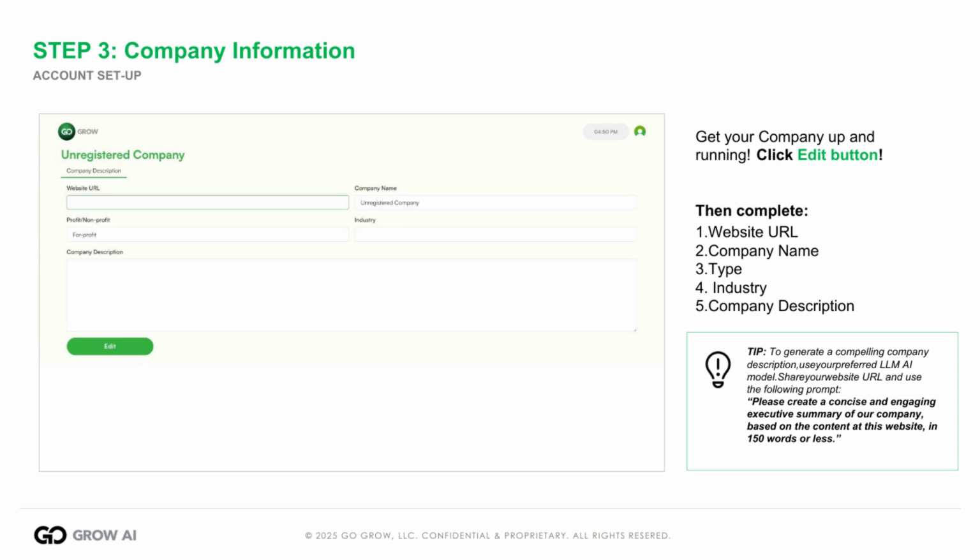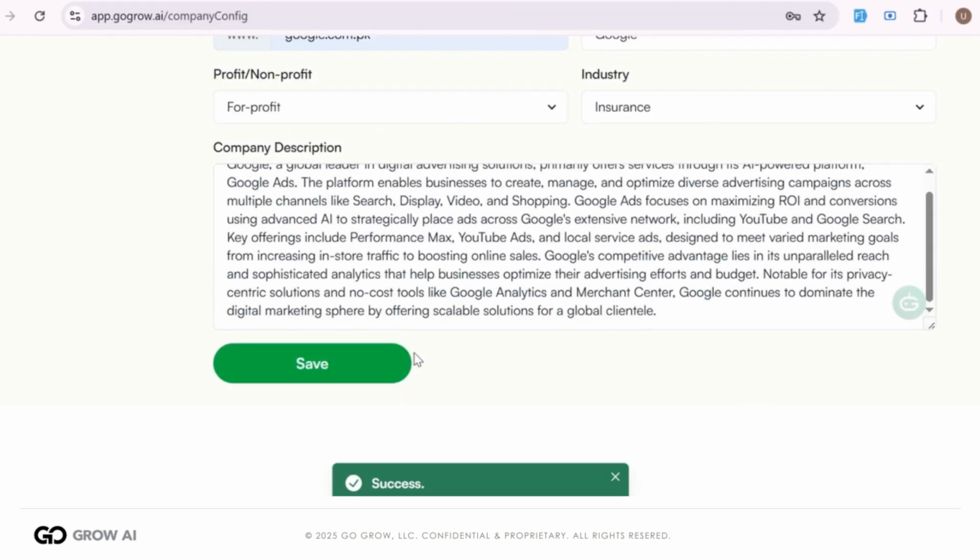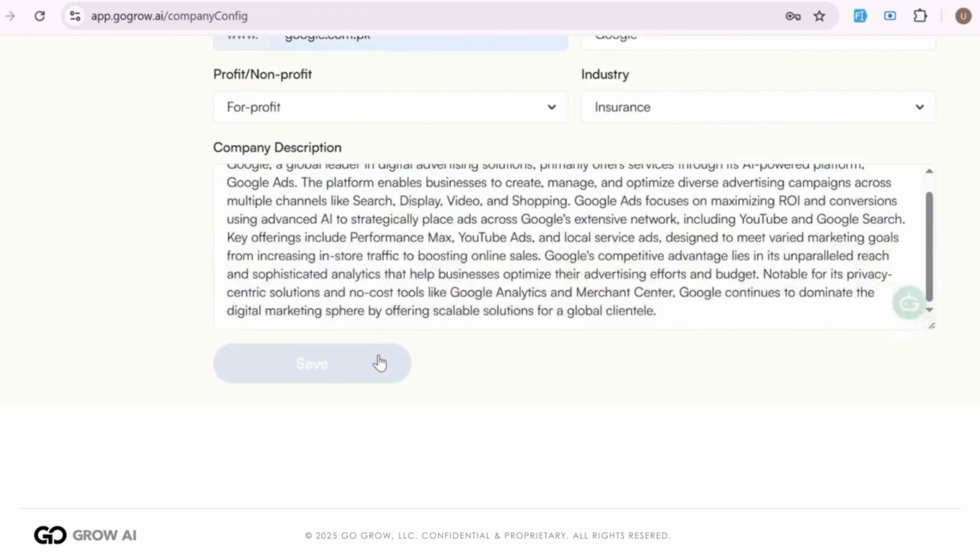Once logged in, you'll see the option to edit on the Company Description tab. Fill in your website URL, company name, type, industry, and a short company description. Use the GoBot in the right corner to help you generate a description, or you can use an AI tool like ChatGPT or Gemini and copy and paste that result into the description field and click Save. Prompt: please create a concise executive summary of our company in 150 words or less based on the content at